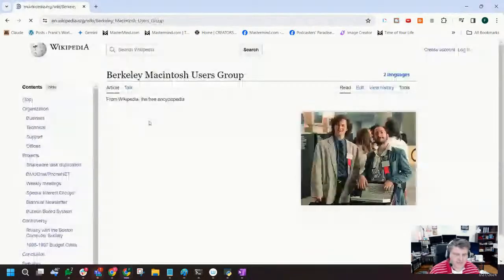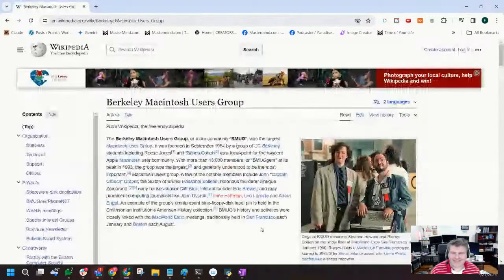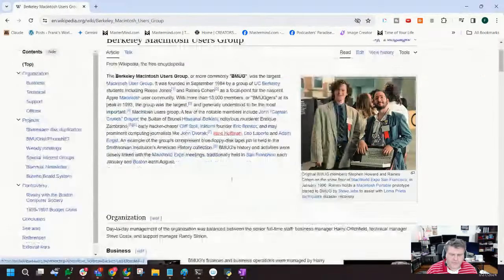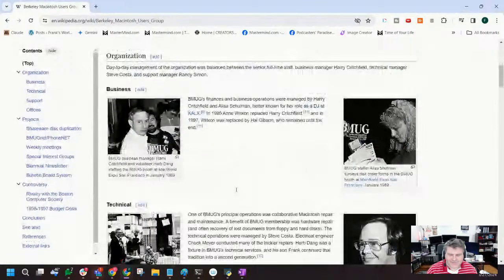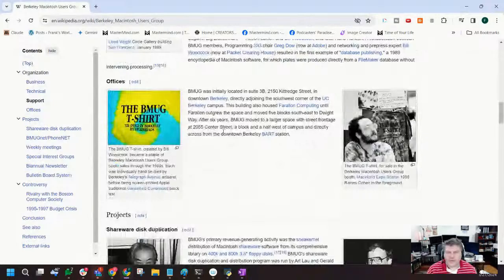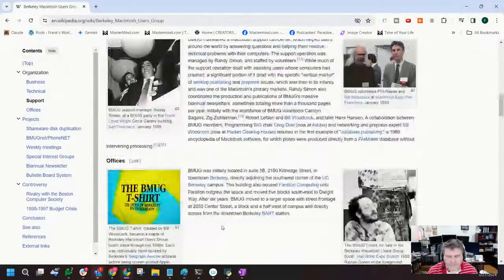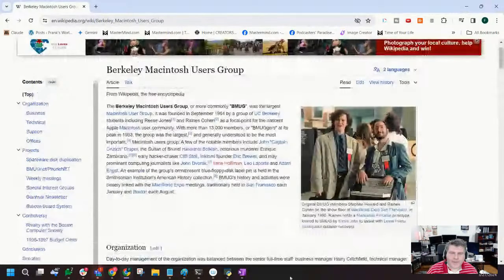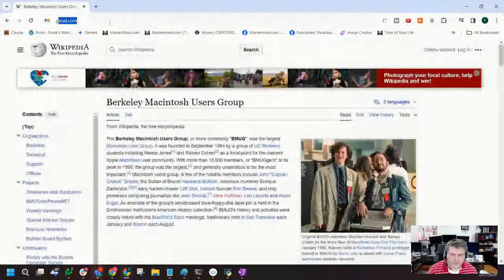They used to put out a magazine, a book. BMUG was the name. They had 13,000 members. They definitely were probably the premier one. I did go to the New York Mac user group, but I never really got the timing worked out of it at the time I lived in New York. And then I kind of fell off the user group world until I discovered